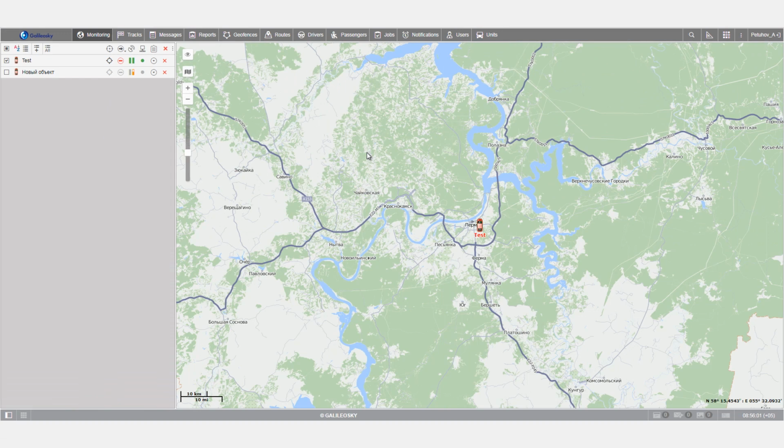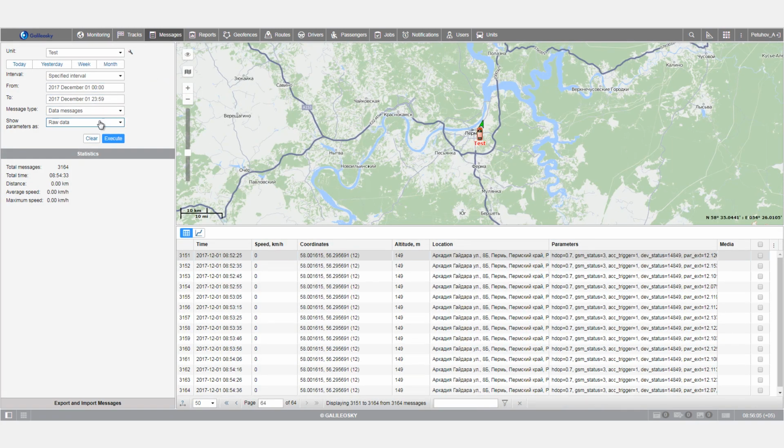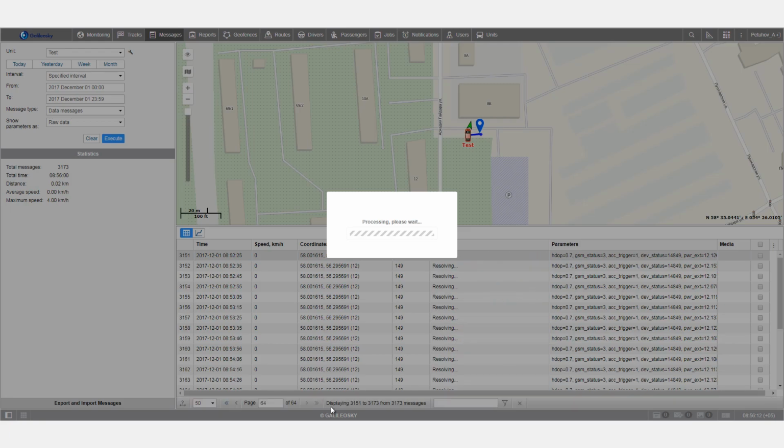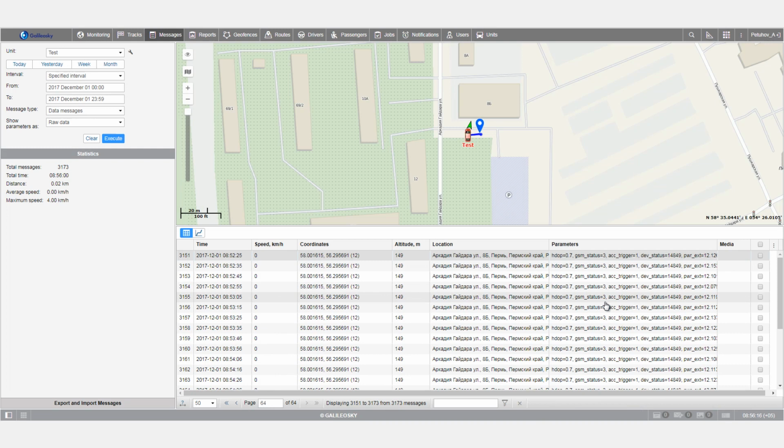Now, let's consider receiving data in the monitoring software. For example, Wialon. Click Messages tab and select Monitoring Objects and Time Interval. In Parameter field, set the type Raw Data. Click Execute button. Indexes received from the fuel level sensor are connected to zero input and displayed in fields ADC01